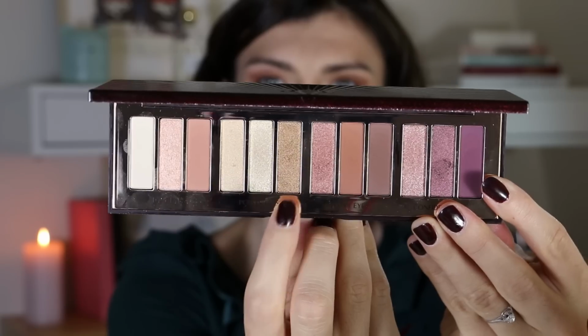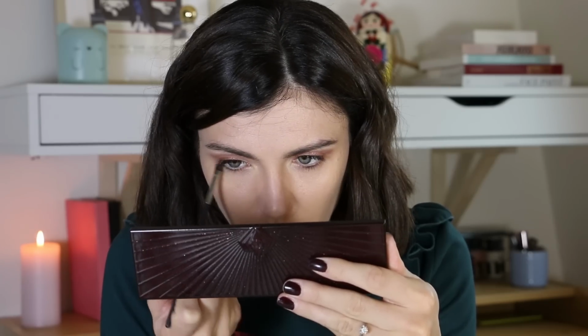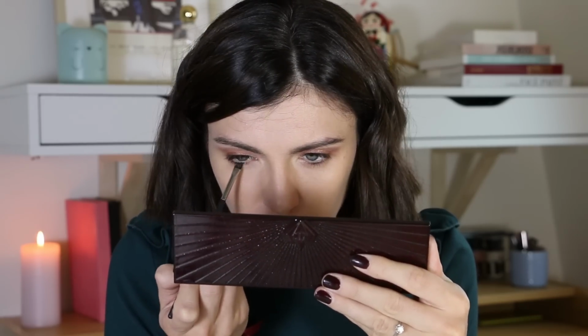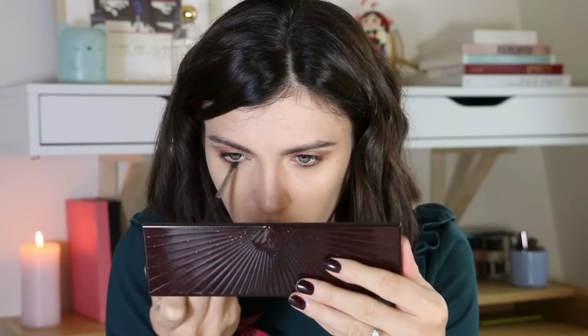On my lower lash line, I will apply this lovely gold brown shimmery shade. I wanted more luminosity to this eye look, that's why I did that. And for this especially detailed part, I'm using a detail brush from MAC. This is really the only time I'm using a brush, when it's to apply it on a really precise part